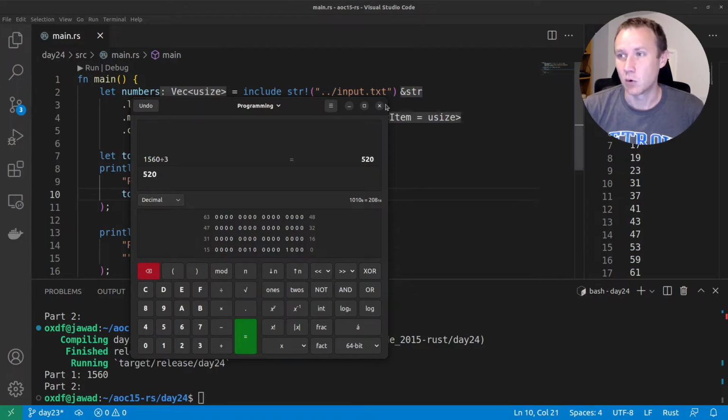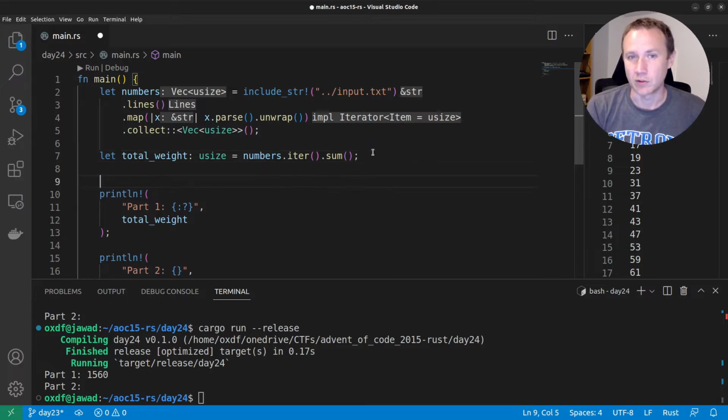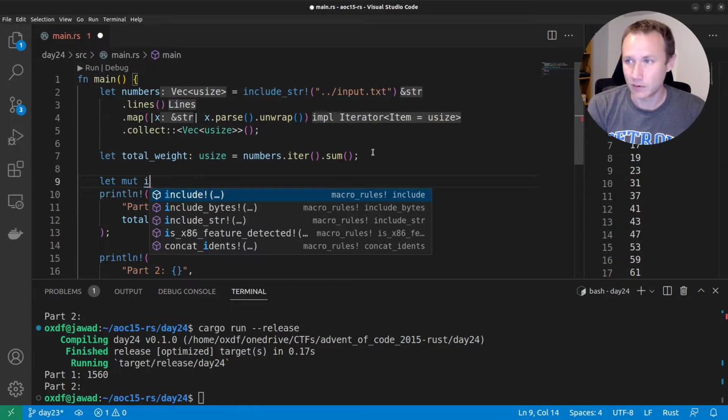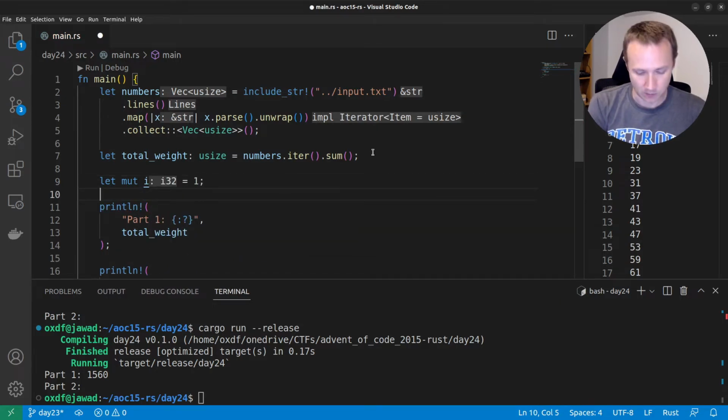It is 520. Cool. So now what we're going to do is find some combinations. First thing we need to do is say let mut, let's call it i for now, equals 1. It's going to be the number of packages in our combinations. I guess we'll just loop here actually. Loop, and so we can say